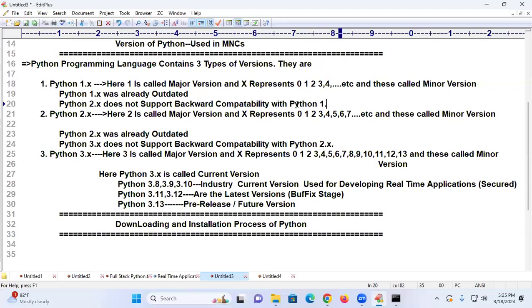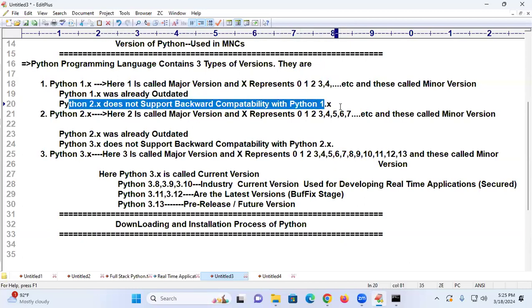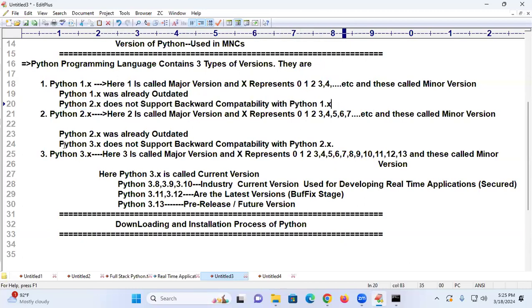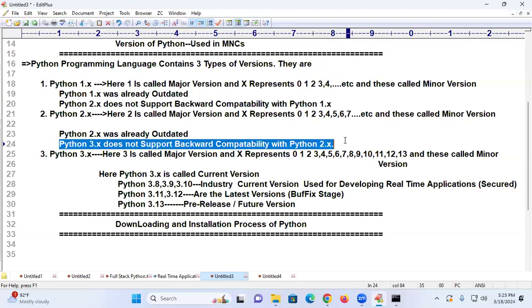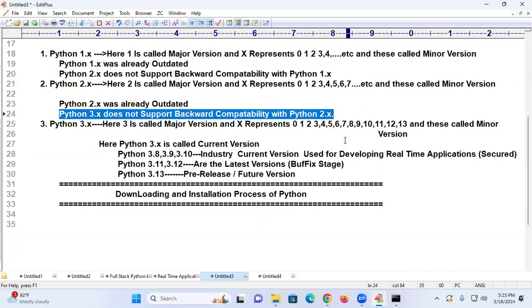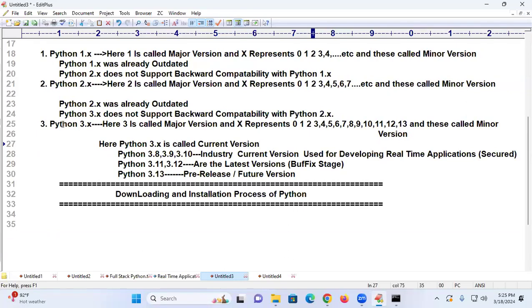Python 1.x. Did you understand this? 2.x does not contain backward compatibility. And Python 3.x does not support backward compatibility with what? Python 2.x. So Python 3.x is going to be simple, elegant, and lightweight software whose syntaxes are so simple and elegant.